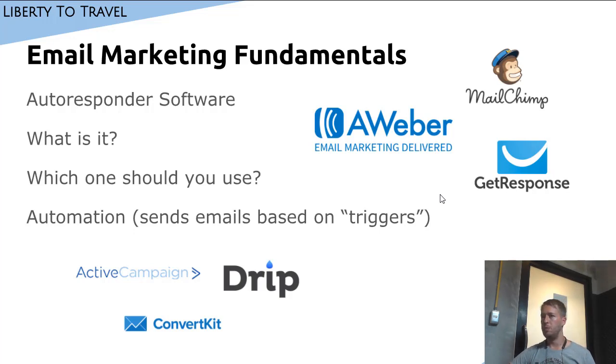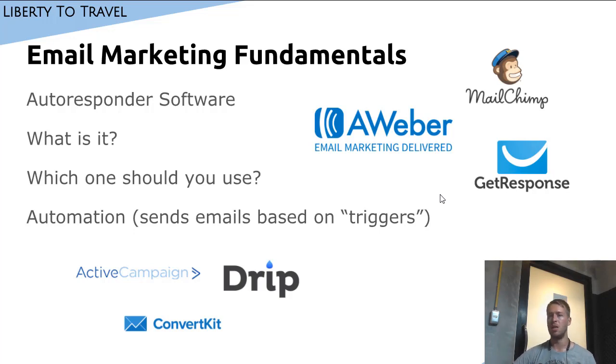And the reason I don't use MailChimp, so first of all, MailChimp is free when you start out. However, the free version does not allow you to do automated email sequences. And to me, that is just a deal breaker. So even though MailChimp seems to be free, you're going to have to pay for it if you want any sort of basic functionality, because automated email sequences, I will go into what that is and what that means in the next slide. But for now, you should know that you absolutely require those if you're going to do any type of email marketing.